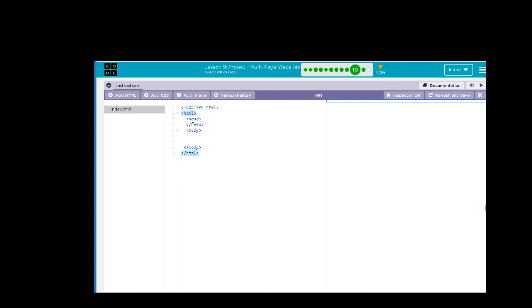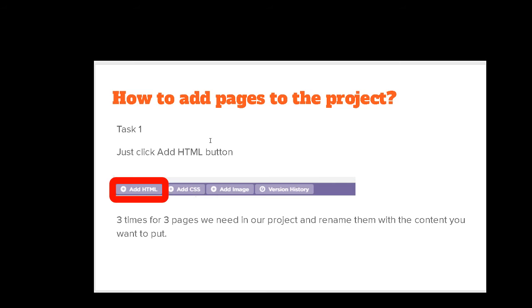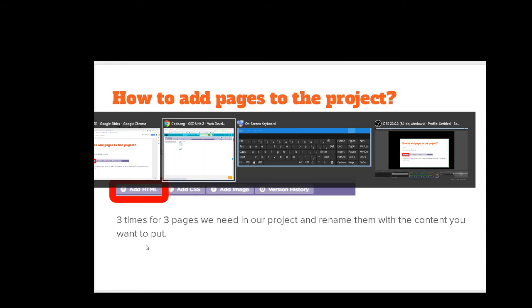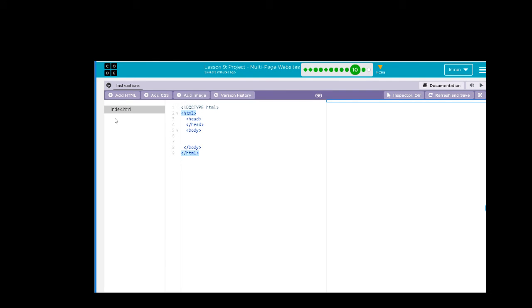This is my index.html. I have nothing in this one. So the first thing I'm going to do is show how to add pages. We only push this button. We do it 3 times, because we need 3 web pages. I will do this: 1, 2, 3. I have 3 new HTML files. I will right click on each of them and write a name for it. I'm just making it up. I want to make a website about pets. So I will make the first one